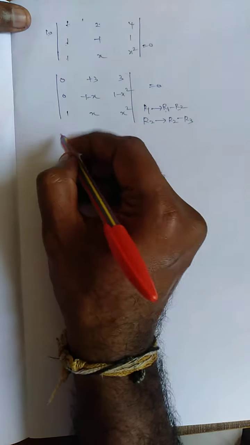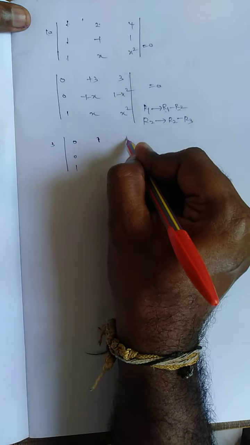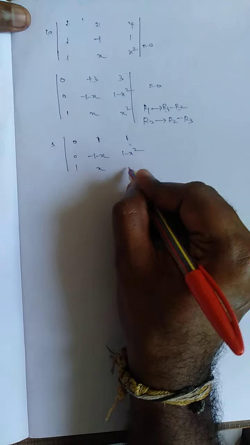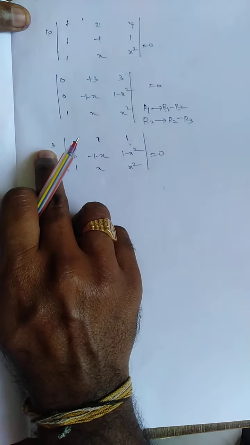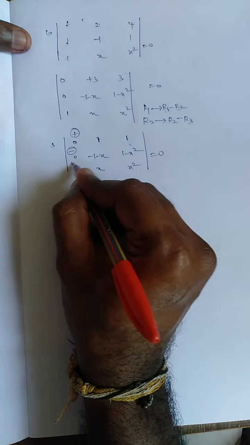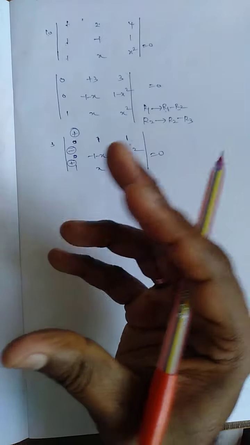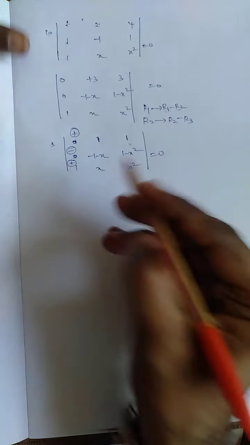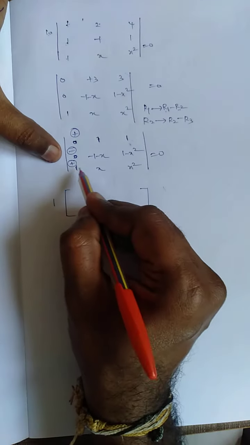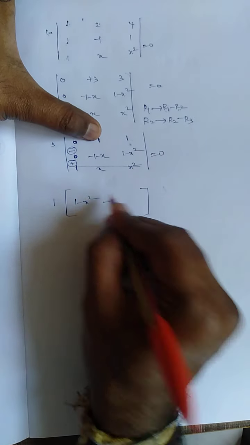Okay, if I take 3 outside, what has become? 3 will be moved outside. 0, 0, 1, 1, this is also 1, minus 1, minus x, x, 1 minus x square, equal to 0. This 3 moves here, 0 by 3 is 0, totally goes on, becoming plus, minus and plus. These two I don't need to expand because 0 and 0, 0 multiplied with anything is going to be 0. So this is 1, open the bracket and it becomes minus. If this column and this row I neglect, 1 into 1 minus x square is nothing but 1 minus x square.